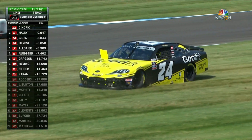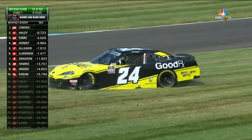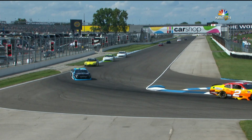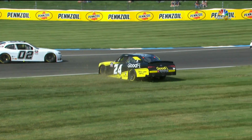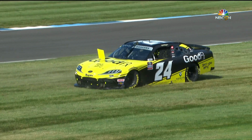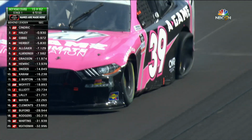Out of turn 7, the 24 car cooking in there a little bit too far. Will Rogers, a very established and talented road racer, just asking a little bit too much of that car, getting down to the braking zone, locked it up, spun it around. Well, Rogers spins it around. He gets going the right direction. We stay green, and the end of stage 1 coming up quickly as there are just 6 laps to go,